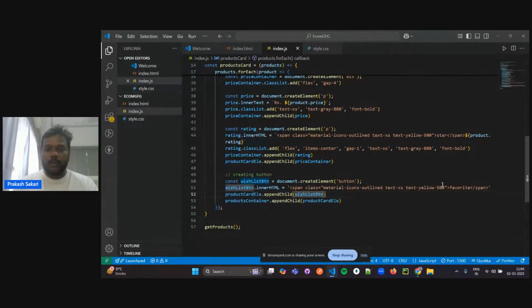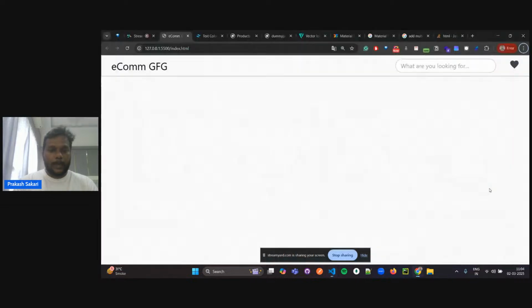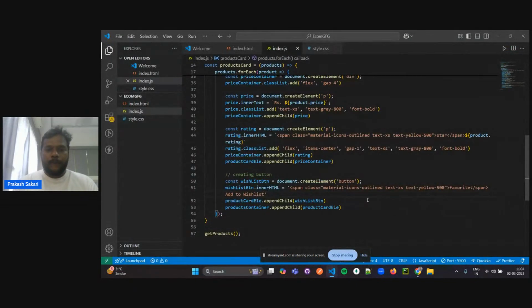Okay, it should also have text also. So over here we're just going to write add to wishlist. Save this. Yeah, okay, cool. Okay, and this should actually look like a button. So we'll just try to make it like a button, right? And yeah,